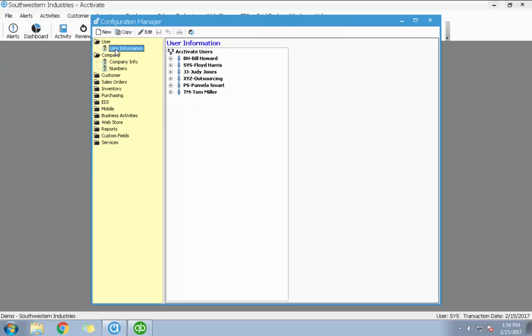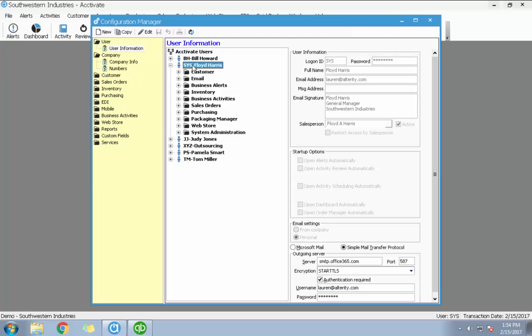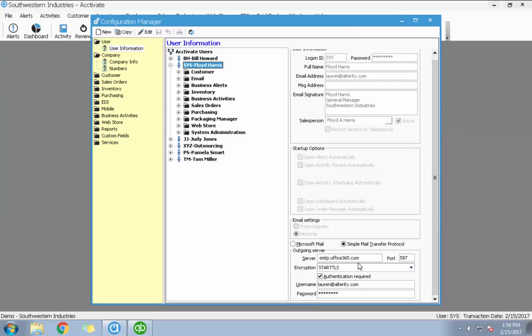And you may see some prompts whenever you try to send emails through Activate when you're using MAPI to allow access. That is a default program setting in Windows, and if that just drives you crazy, then just go ahead and set it up as SMTP to get around that. We use Office 365 here at Activate, and so the SMTP information for Office 365 is smtp.office365.com with the port of 587, and then the specific type of encryption, and then you would check authentication required,